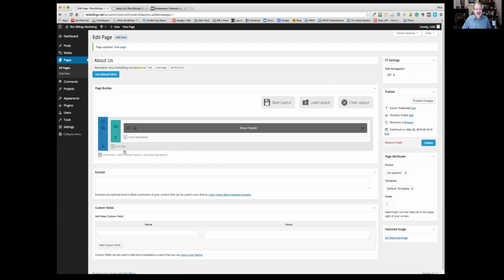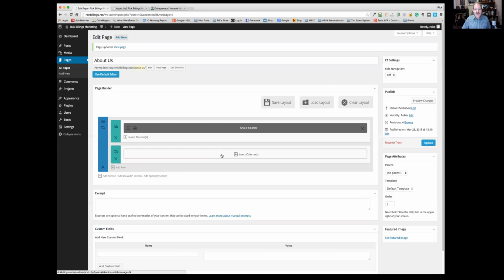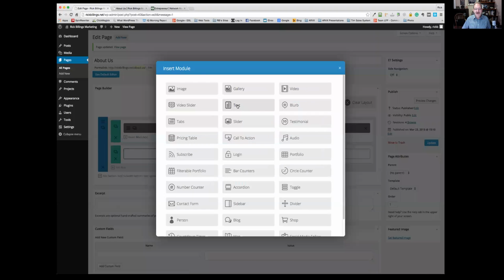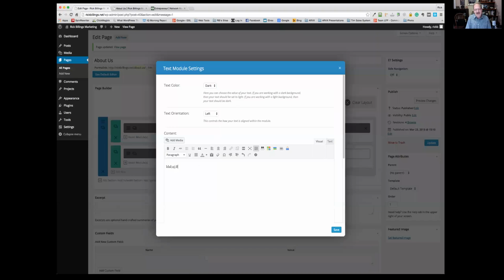Then close this. I'm going to insert another row. And on this row, I want to have 2 columns. I want a column on the left and a column on the right. Okay, I come over to that left column, and I'm just going to put some text in here. Okay, this is just for our purposes. I'm just going to type some garble in here, a couple lines. Okay, and then